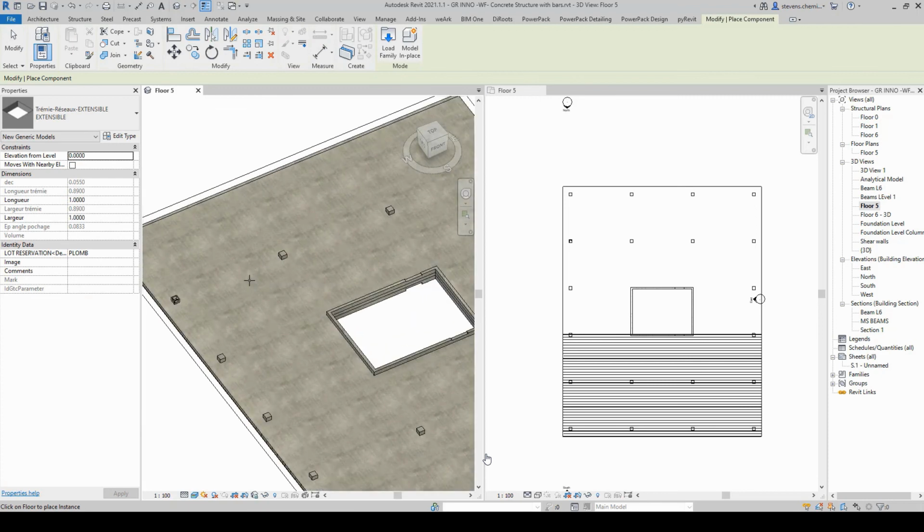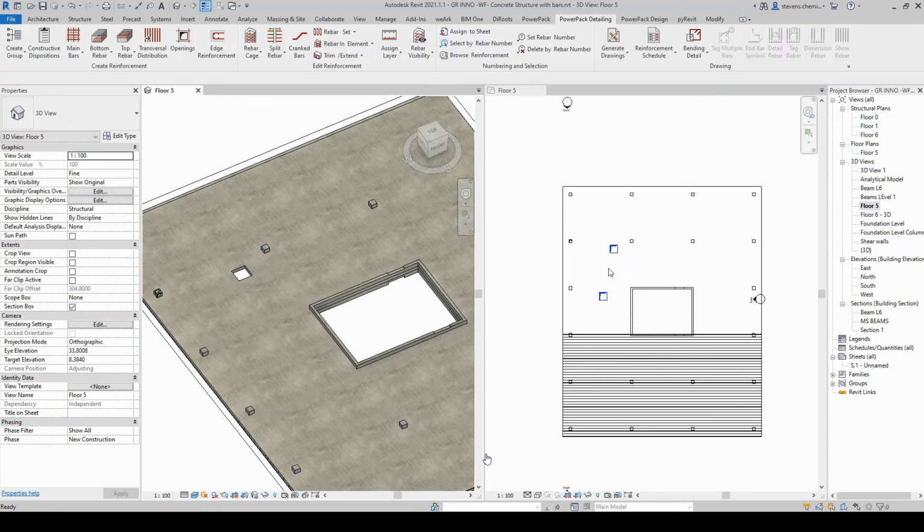So here we'll not go into details of this module. It's more detailing oriented, and in this session I'd like to focus more on workflow. But it's interesting to know that we have this kind of dedicated interface to place rebar.